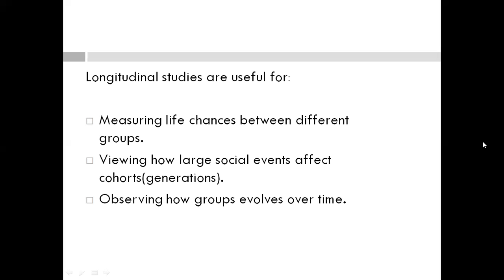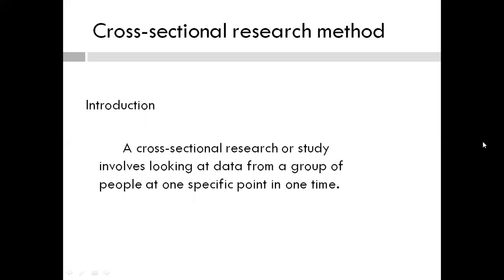And moving on to the topic of cross-sectional research method. What is cross-sectional research method? A cross-sectional research or study involves looking at data from a group of people at one specific point in time. This means at one time, researchers research and observe the subjects. When we say the subjects, different groups of people with different ages are observed at only one time, not repeated like